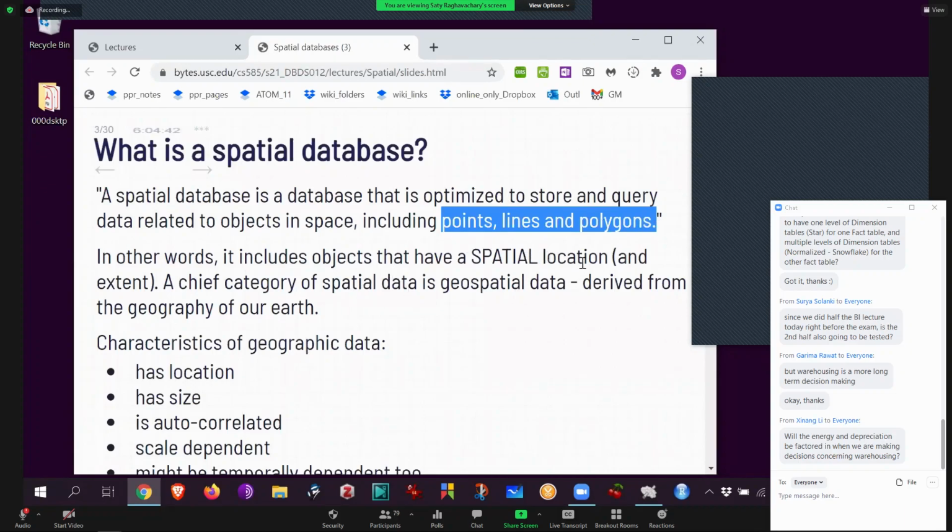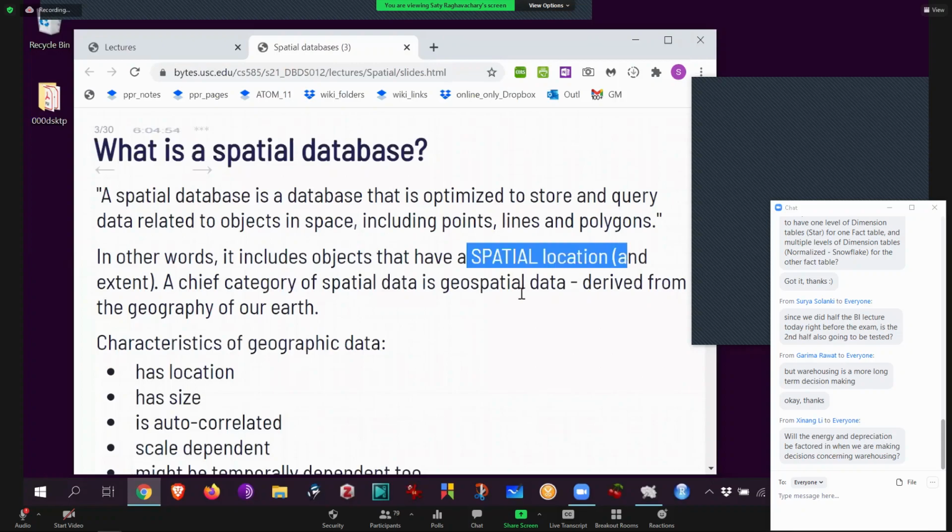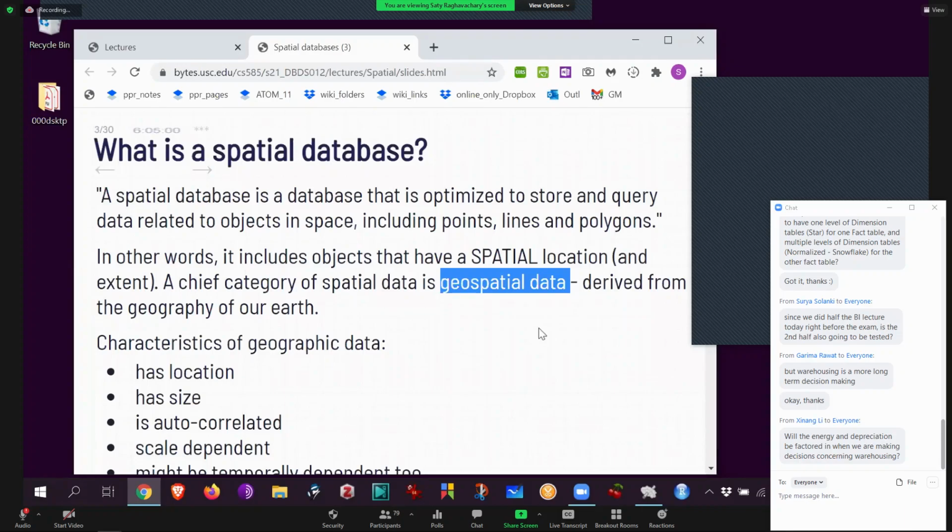So you have to have a spatial location, which is a point at the least. Extent means a line or an area, which is nice to have. All right, so that is all spatial data is. So that means galaxy clusters are spatial data. But spatial data that is related to Earth, because we all live on the Earth, is very special. So we call it geospatial.